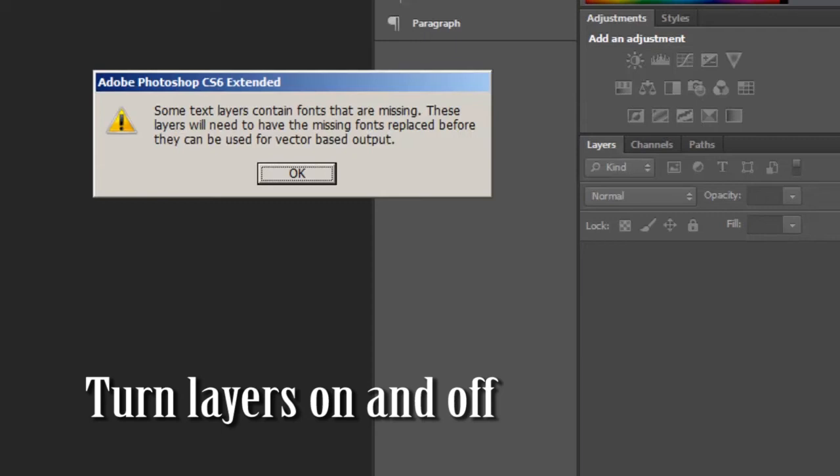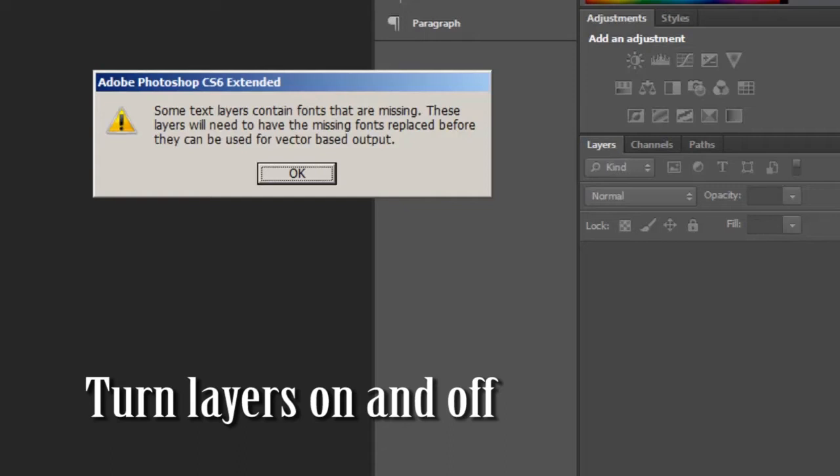We are going to be learning how to turn on and off the layers to create the initial mascot that we want to use before we get into customizing the colors and other things you can do with the mascot. So when you first double click on the file and open it up in Photoshop, you